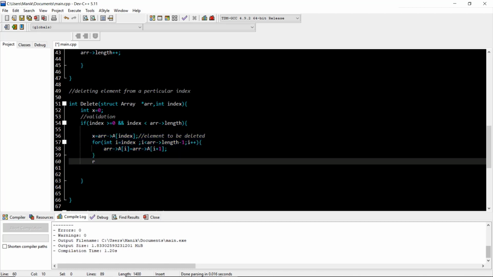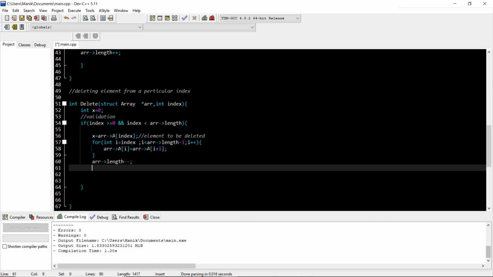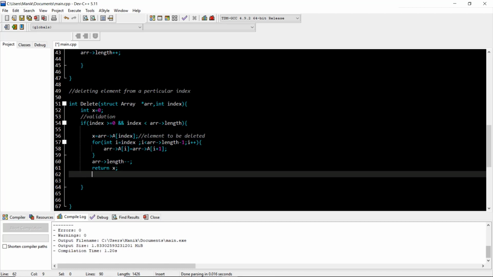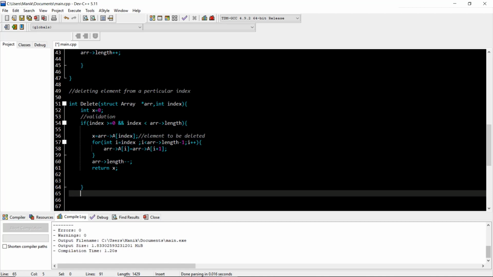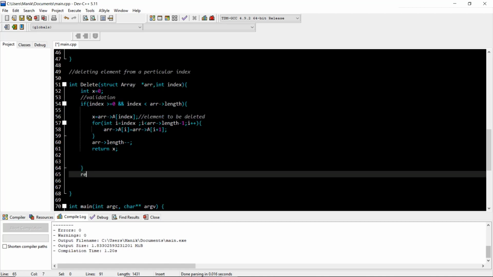And now the most important thing, arr of length should be minus minus, because one element is deleted, so make the length minus minus and return your x. What is x? Your deleted element. If these conditions are not satisfied, return 0.